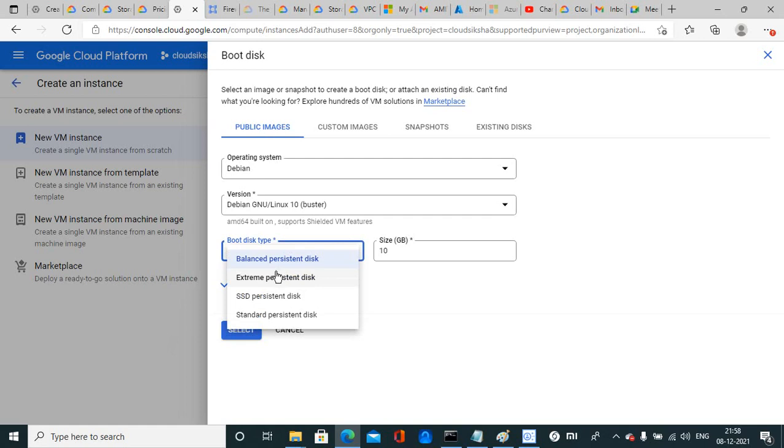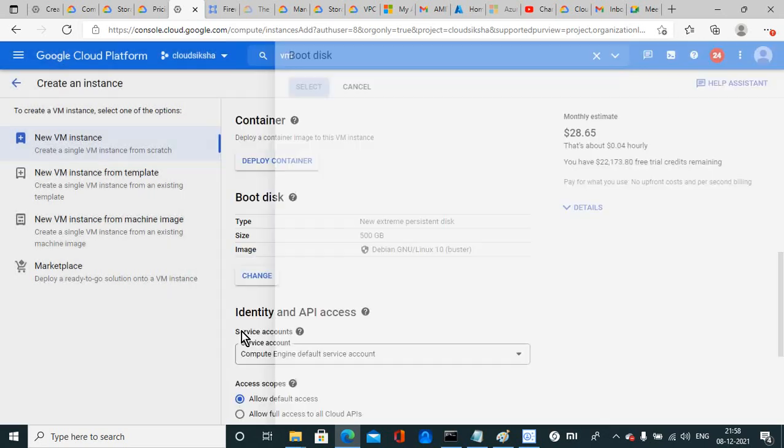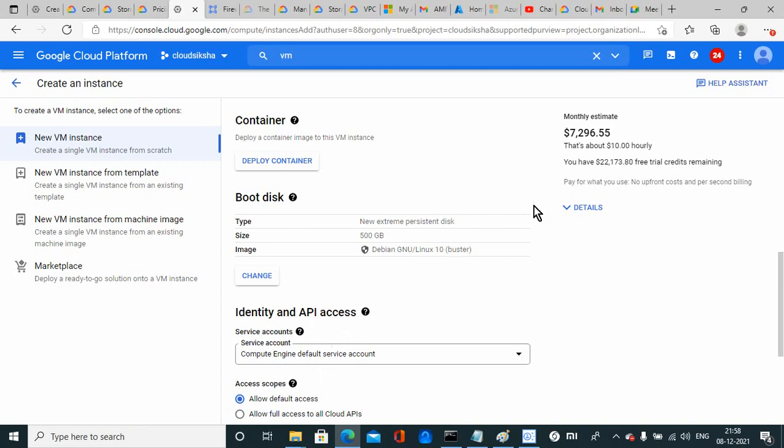So here you can see the extreme persistent disk. I am choosing this one and select. While I am selecting the extreme persistent disk, the cost is around 7,096 because it's the highest IOPS, 1 lakh IOPS per 500 GB.